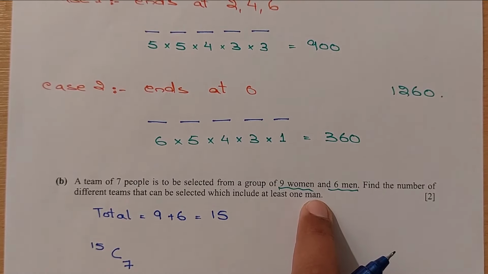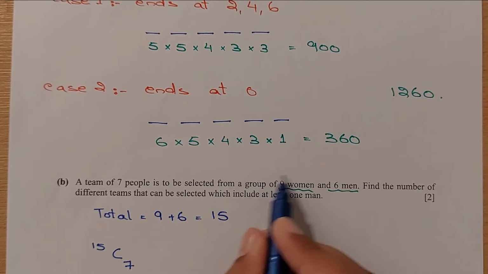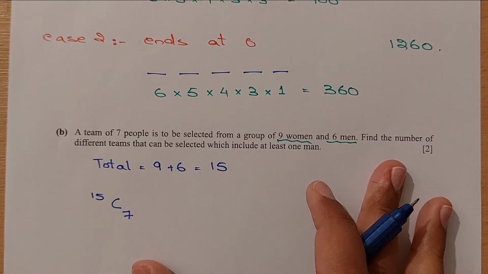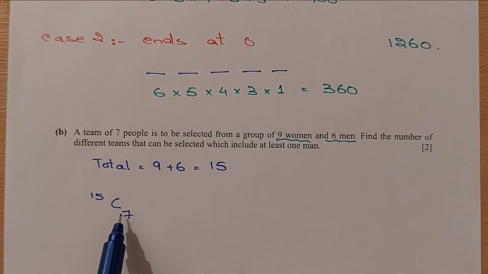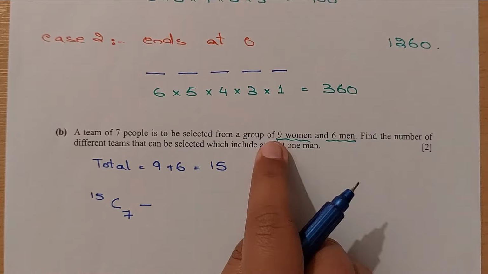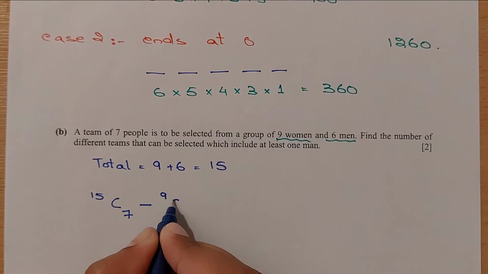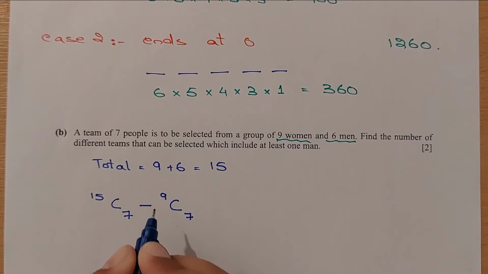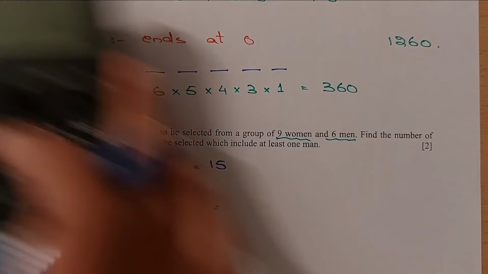Okay, so we need to find how many different teams we can make which include at least one man. It means we are not including the purely women teams. So from the total of 15 people, we have to make a team of 7 people, so 15C7, and we need to subtract only one restriction. We can't make a team that is purely made of women. So the total women are 9 and the team members are 7. So we subtract 9C7 for at least one man. So that is 15C7,